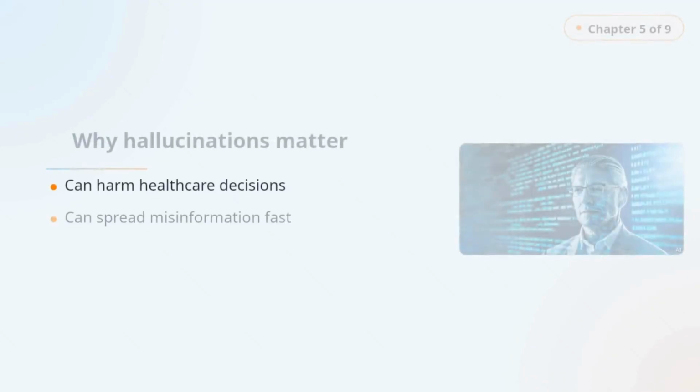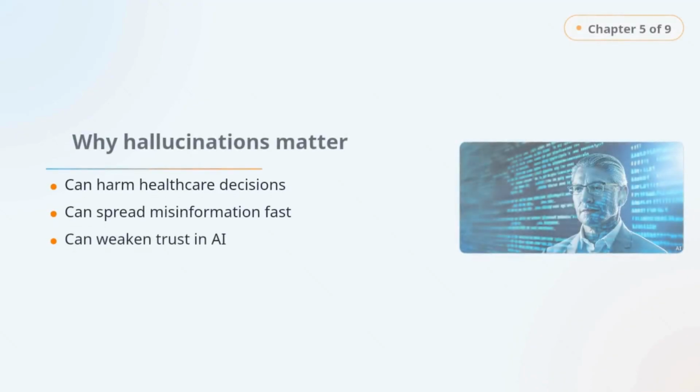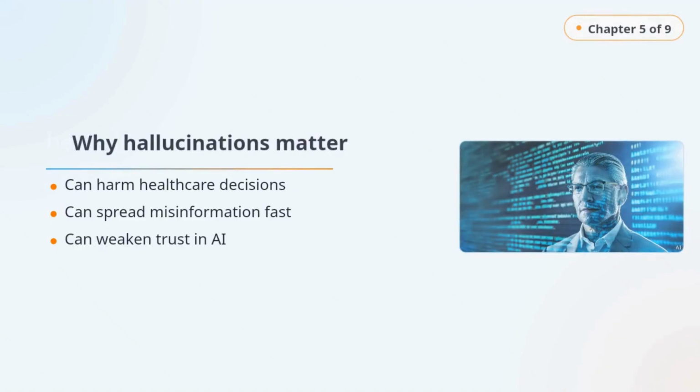The consequences can be serious. Imagine a healthcare system wrongly classifying a harmless skin lesion as malignant. That could lead to unnecessary stress and treatment. In news or emergency settings, a hallucinating bot can spread false information before anyone verifies it. Once misinformation spreads, it becomes much harder to control. So hallucinations are not just technical mistakes, they can affect safety, trust, and real-world decisions.